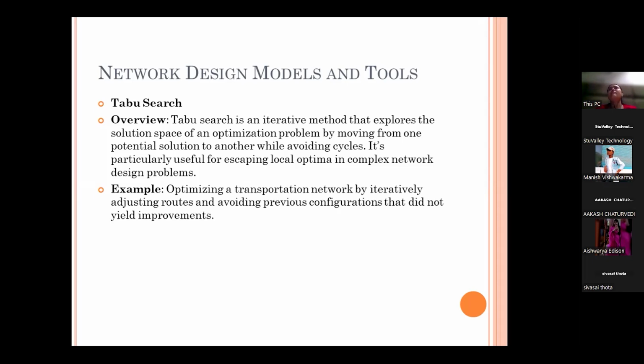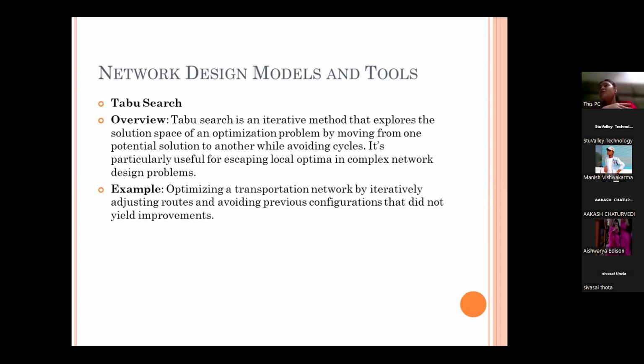Also when we are using Blinkit, Ola, Uber, they are also using this technique by adjusting the routes. If we book one ride in a day, it will use one route. But if it takes more time, then smart models like taboo search will be used, and the next day if you take the ride, it will adjust the route and make the process or the route take less time. So this avoids the previous configuration.